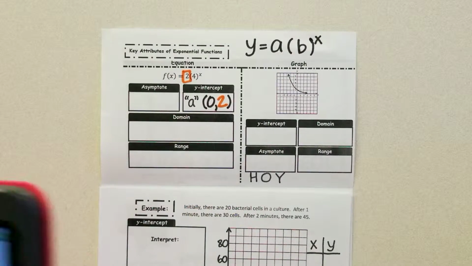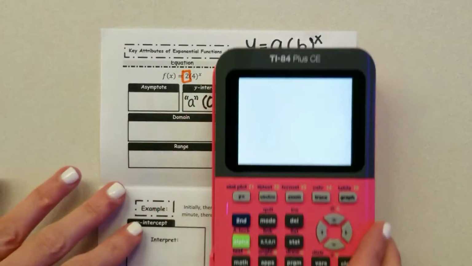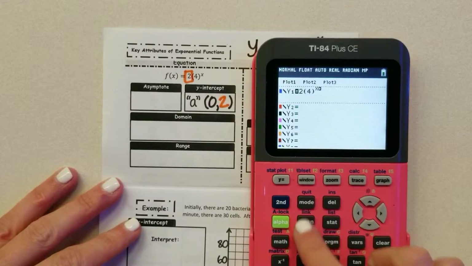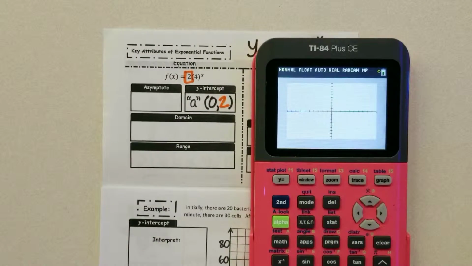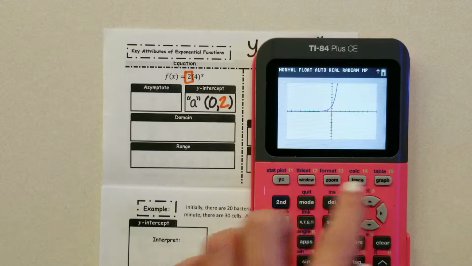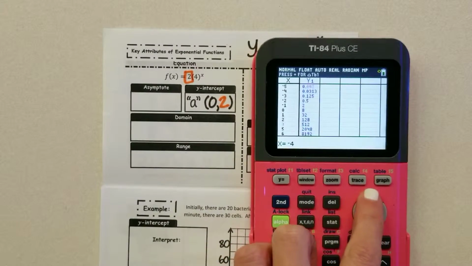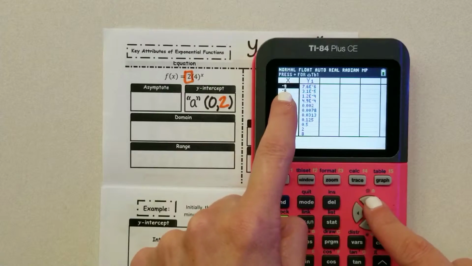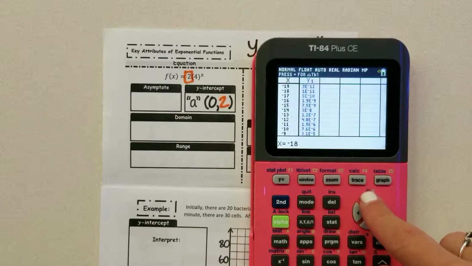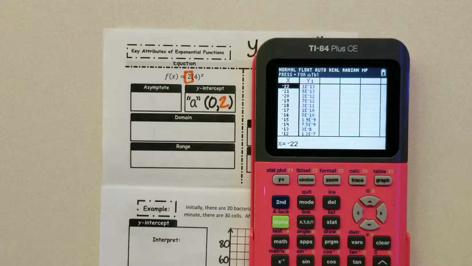And then now I need to look at domain and range and the asymptote. And I'm going to go to my calculator to do that. So I'm going to clear my calculator really quick. And I'm going to go to y equals, and I'm going to type in 2, 4 to the power of x. And I'm going to go ahead and graph that. And so it looks like it's flattening out right here at the x-axis. So just to be sure, I'm going to go to second graph. And I'm going to go up where my x's are negative. And if I keep going further to the left, so as I get more negative, I notice that my numbers are getting smaller and smaller and smaller, and they're approaching 0, but they're never actually touching 0. So this graph is actually flattening out at the